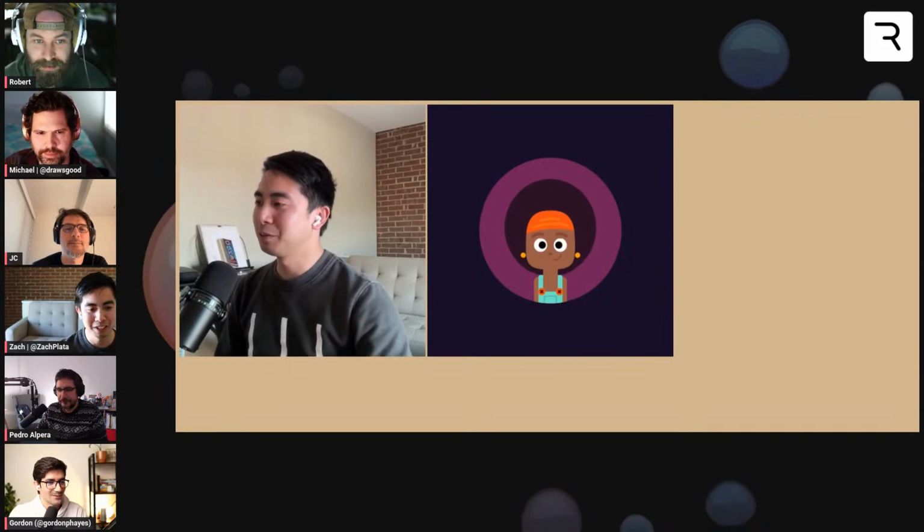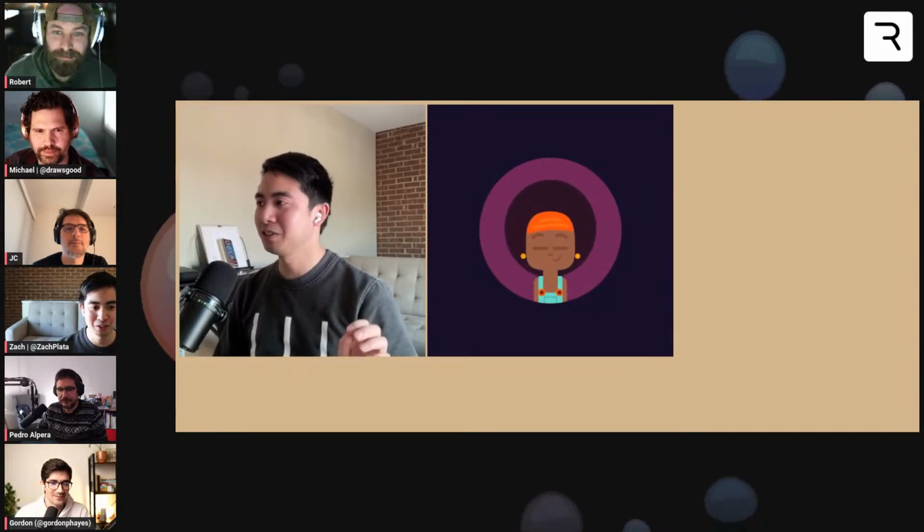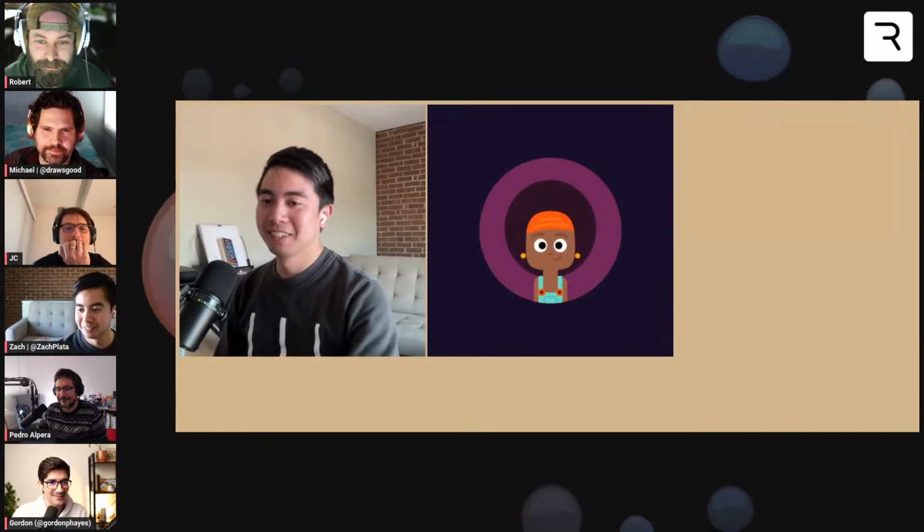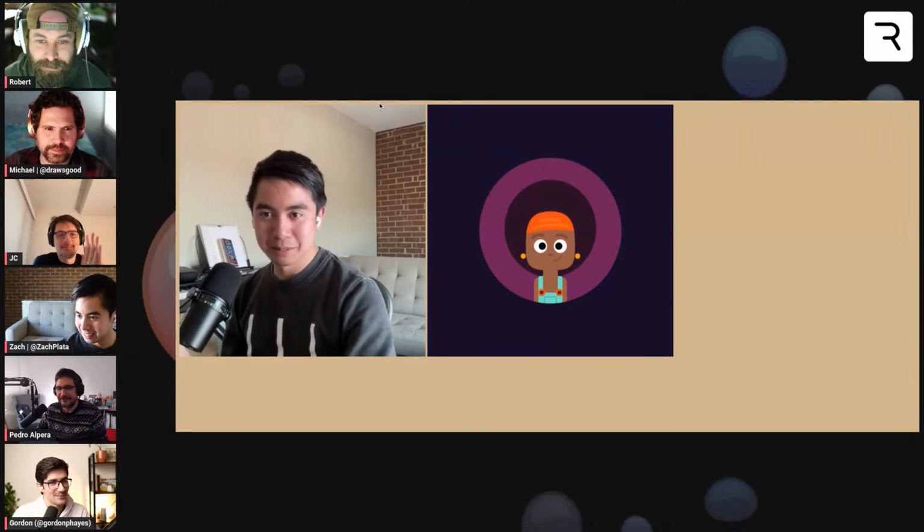I think it'd be cool if we could actually use a target to do a kind of pointer move, but like a hand move, and actually follow your hand. Yeah.